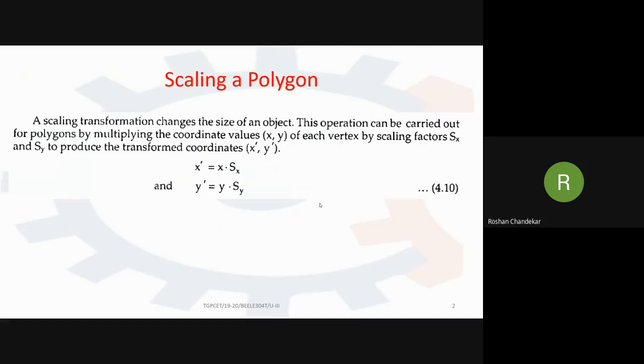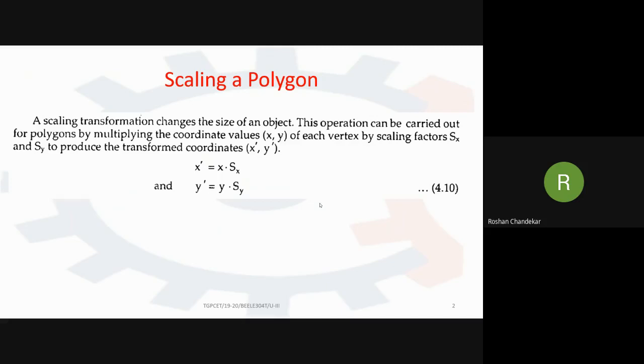Transformation means that if we have a polygon, we have to transform it completely. Now, polygon means what? A polygon is a closed surface which is bounded by line segments. We talk about that in the theory part of the computer graphics subject. Now we are talking about performing the transformation in 3 steps.